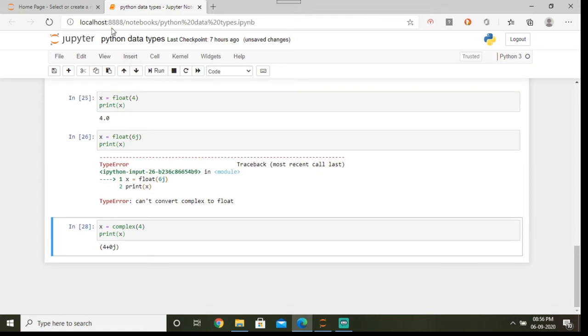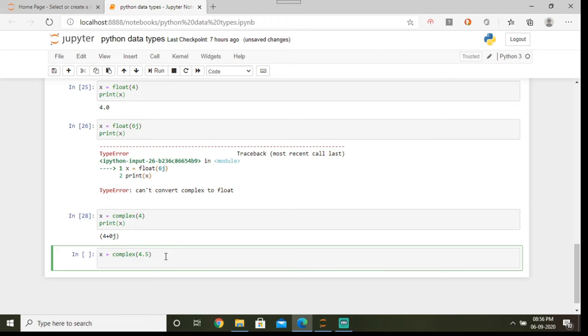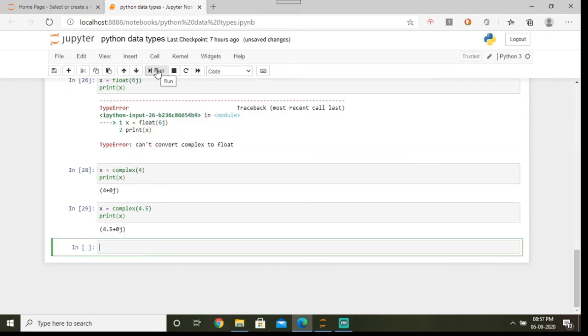What about float? That's a question. Again, complex 4.5 and then print x. So yeah, as you can see, an int or a float can be converted into complex, but a complex cannot be converted into an int or float. So